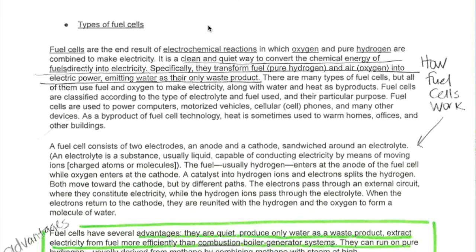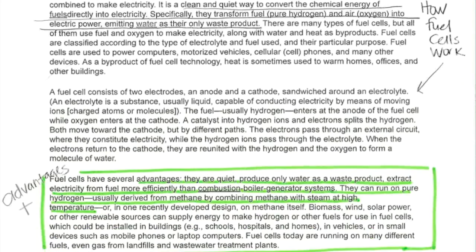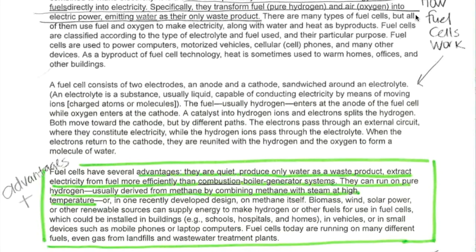All right, I'm on to article number 2, and I'm continuing with text marking and writing in the margins. One of our goals is to identify the advantages and disadvantages of the alternative energy we are researching. So you'll see here that I found how fuel cells work for hydrogen energy, so I underlined that text evidence and noted that in the margin so that when I'm explaining how hydrogen energy works, I have that information really